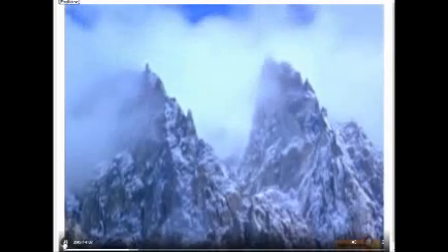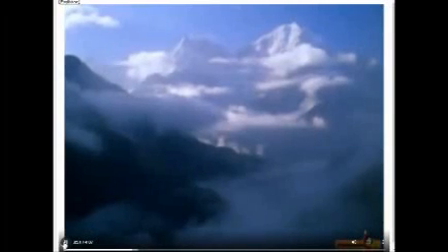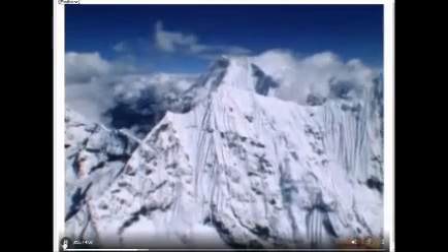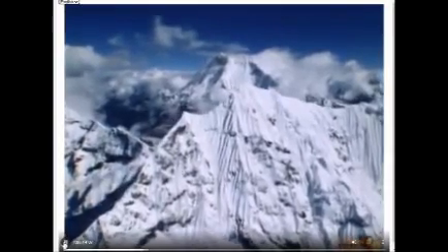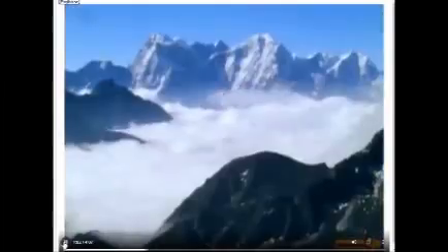The Himalayas form the Earth's highest mountain region. Some 30 peaks penetrate 25,000 feet. It contains 9 of the 10 highest peaks in the world. Among these peaks is the world's highest mountain, Mount Everest, which is 29,028 feet high.